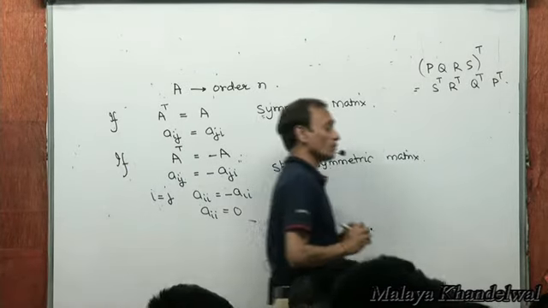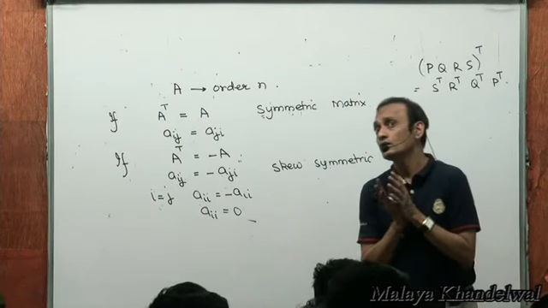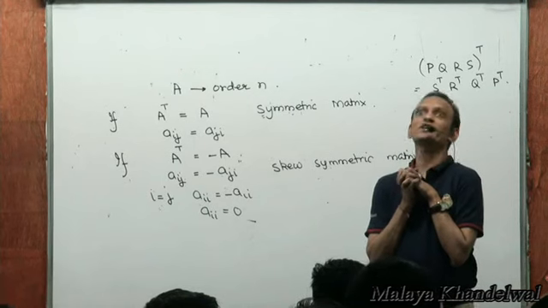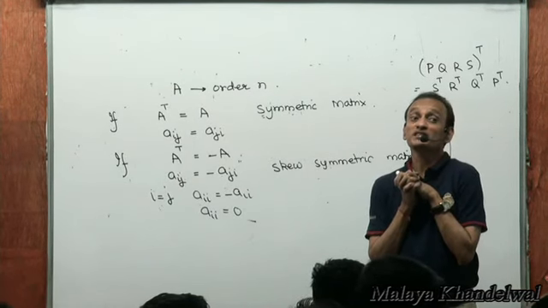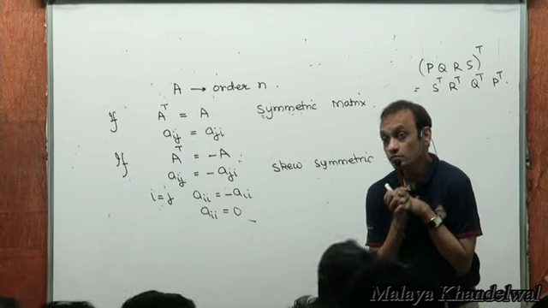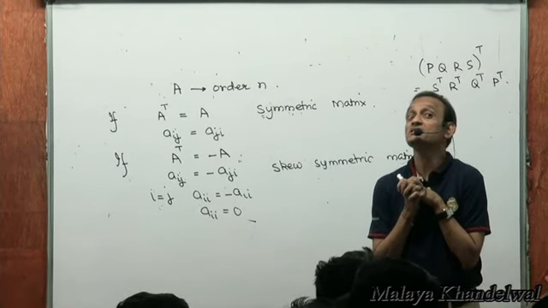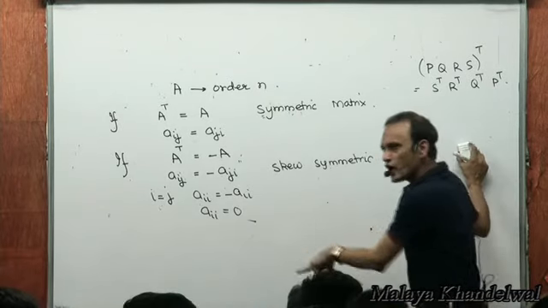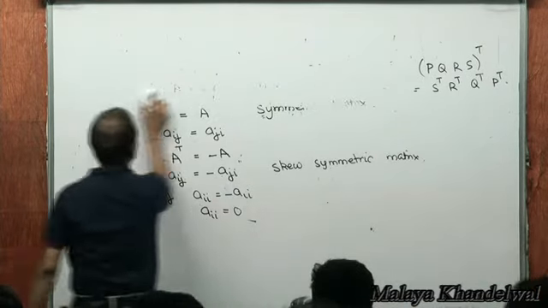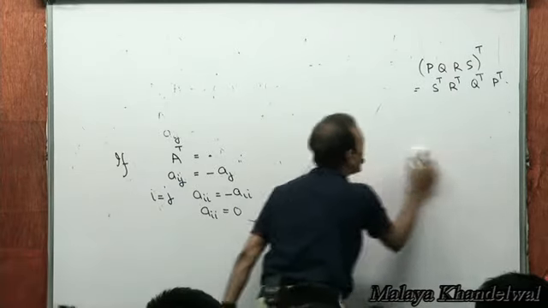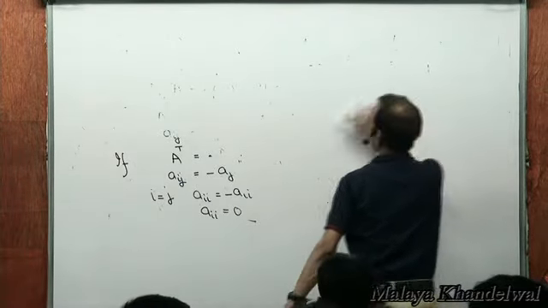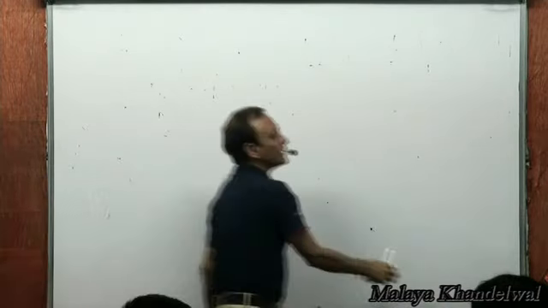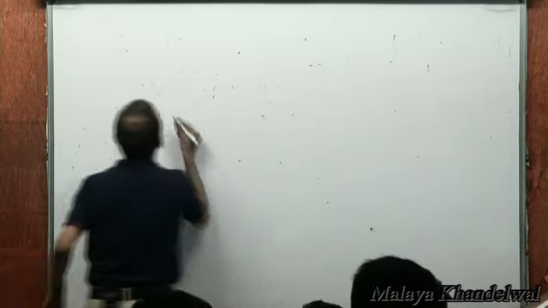Now, every square matrix can be expressed uniquely as a sum of a symmetric and skew symmetric matrix. I'll write it down. Can I wipe this off? Every square matrix can be uniquely represented